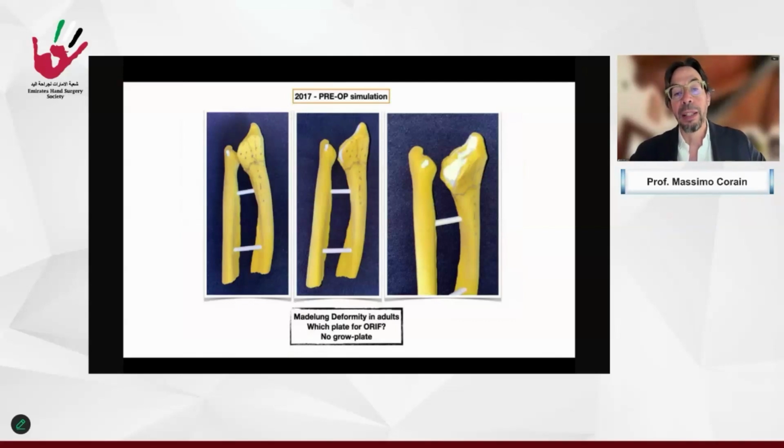But this 3D planning was a necessity to understand in a better way where to perform the osteotomy and which plate to use, because during the growing age the plate is often too large, and I had to use an ulnar plate that is shorter and straight, and was not naturally indicated for the distal radius, but for Madelung was very good. And I could use it while simulating the surgery on this 3D printing.